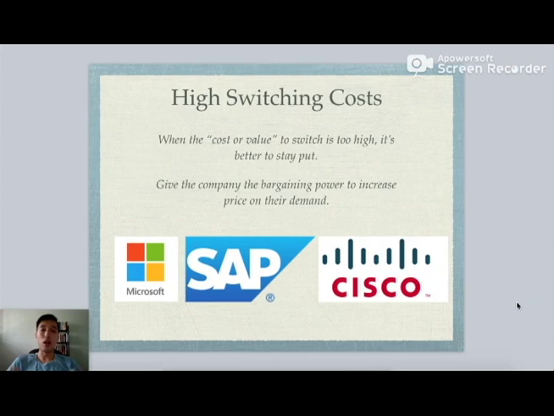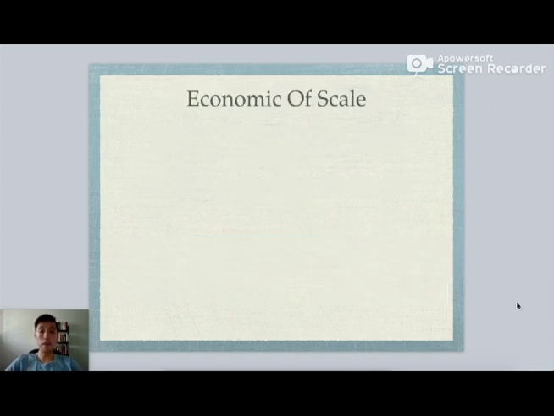Likewise, another two companies will be SAP. They provide modules in terms of financing and accounting to help companies run their operations on the back end. Same thing for Cisco. They provide internet security services and network routing services. A lot of companies will not like to switch because they will not be able to have 1 or 2 days of their services completely shut down so that they can switch over and do a system test. That might cost them a lot, especially in the current internet world when consumers would like to have all the products and services online and running 24/7. So this company definitely has a certain advantage in terms of this economic moat.